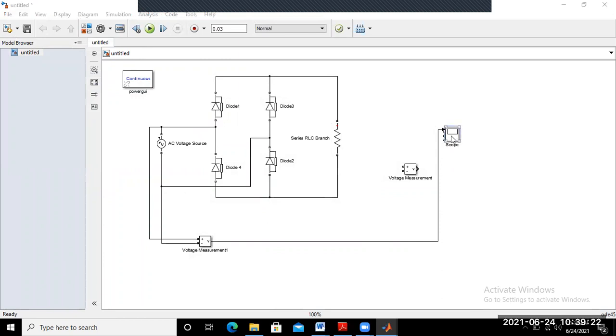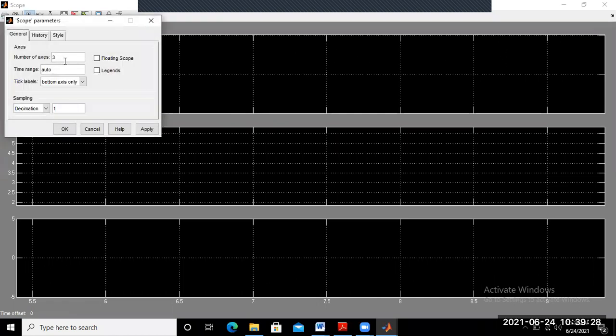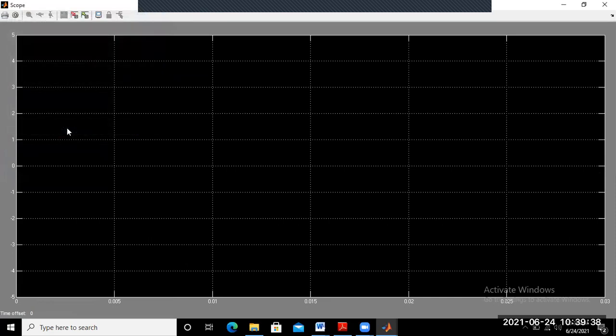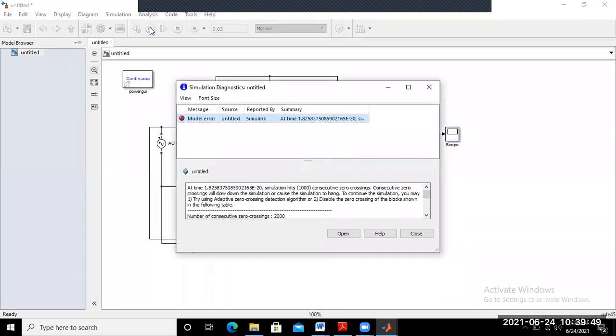If we want to change the number of axes of the scope, we change it from this to 1, and OK. So for the 1 axis, run this model again, and the same error.